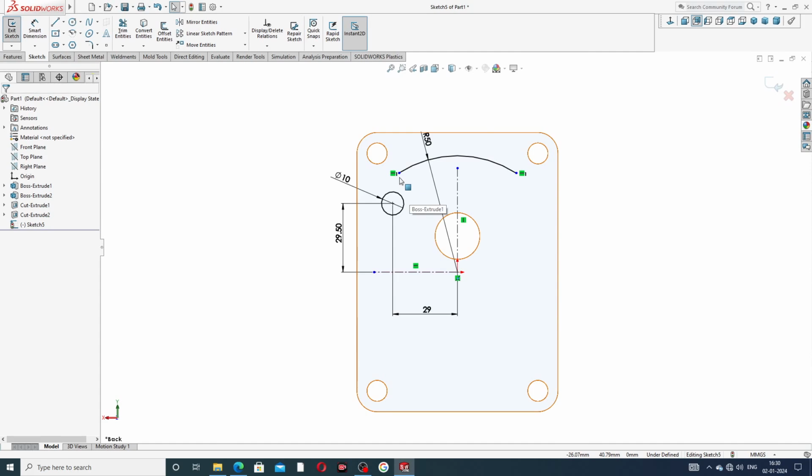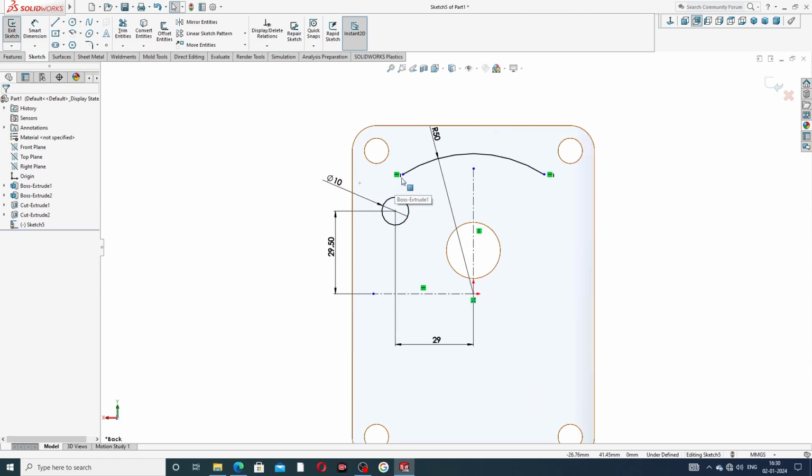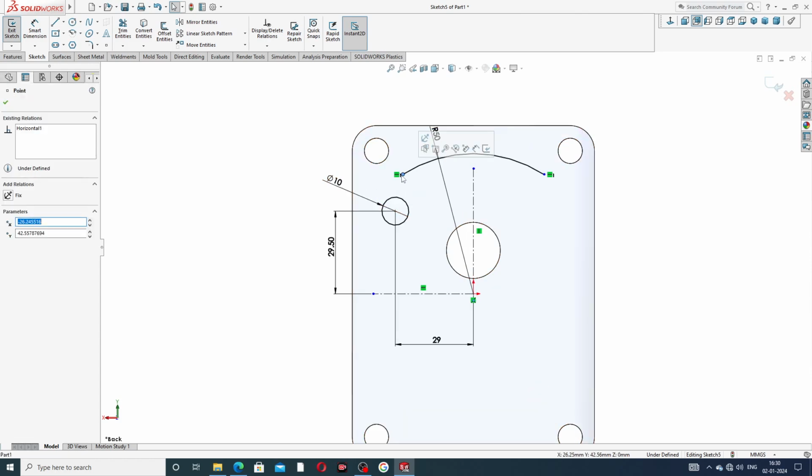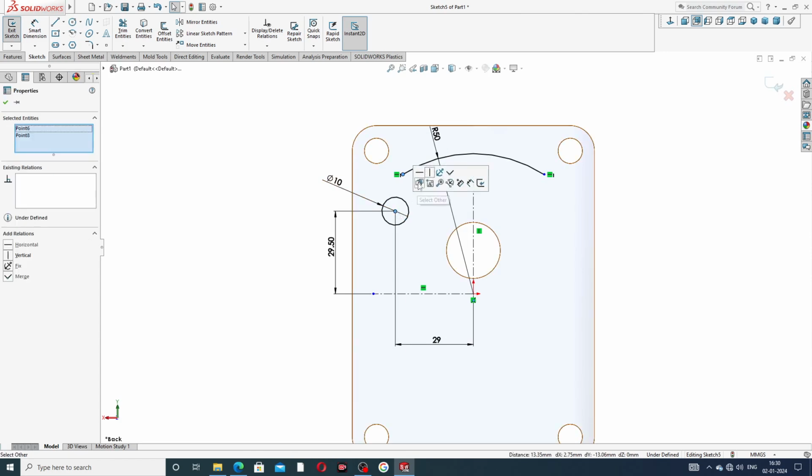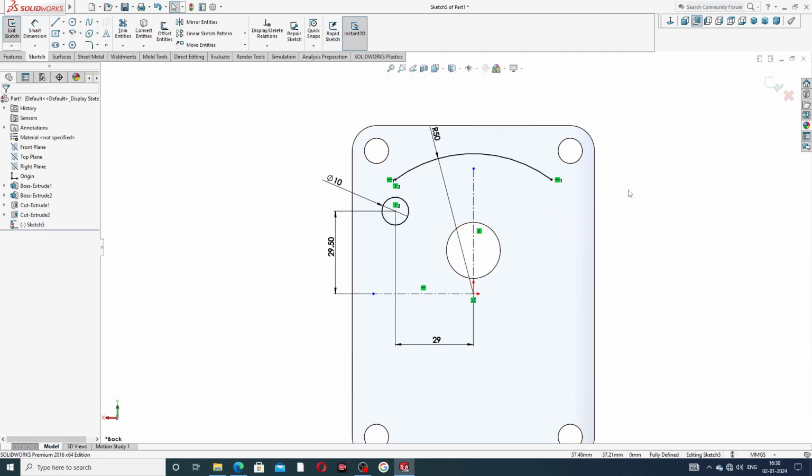And next, this point. Press the control button and select this point. This is a vertical line. Okay, and